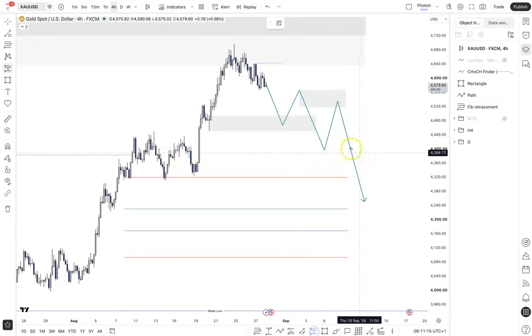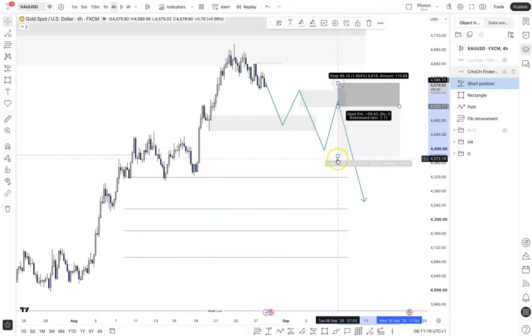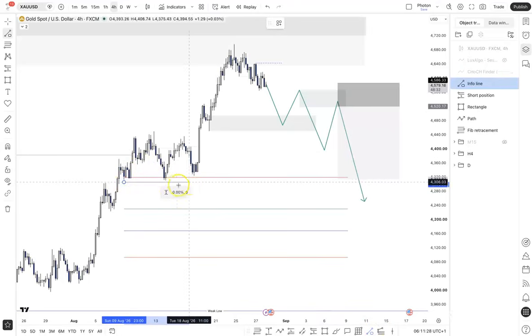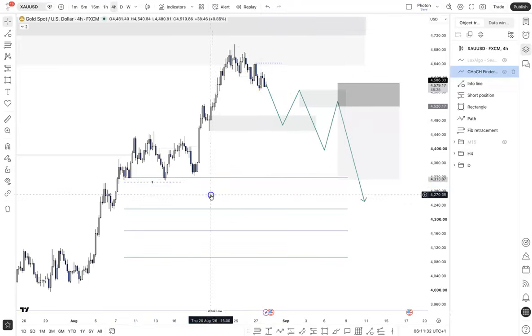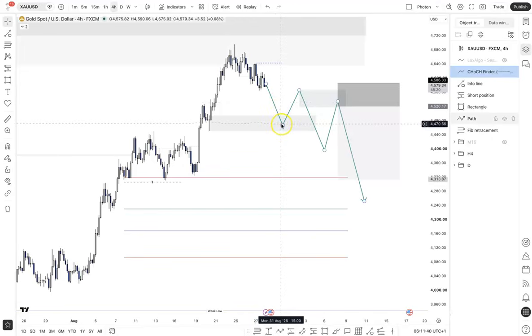Now this is again where I will look at taking shorts, at least till these equal lows, because I also know that there would probably be a lot of liquidity residing below these equal lows. So price would definitely like to pull these. That's going to be my outlook, that once we come in here, I would like to see